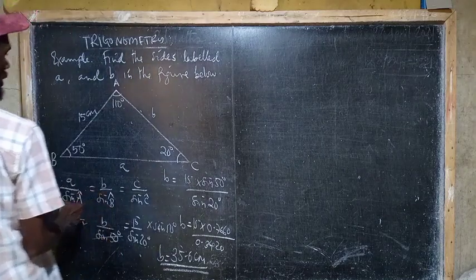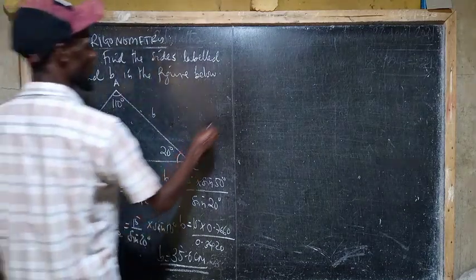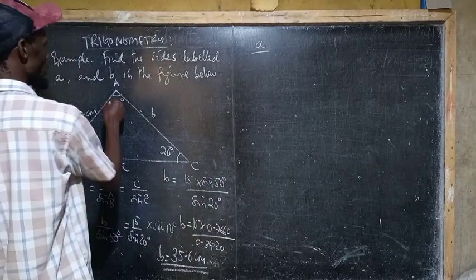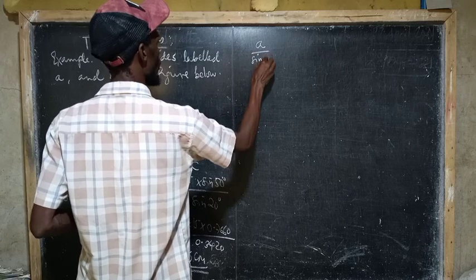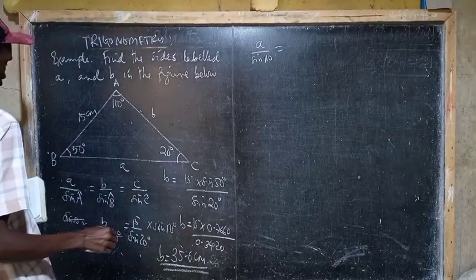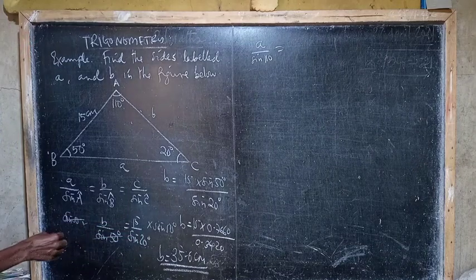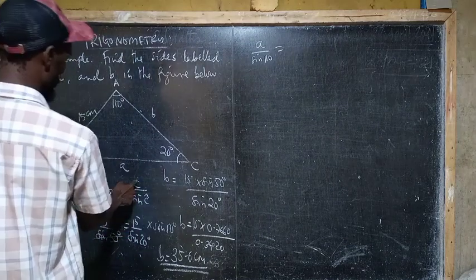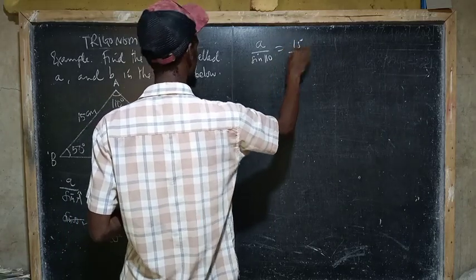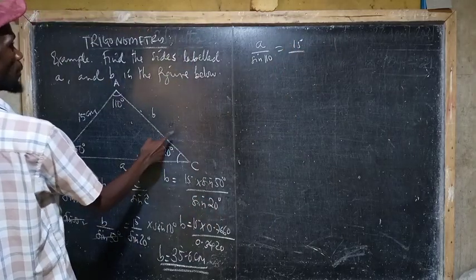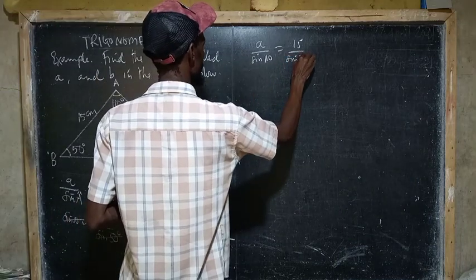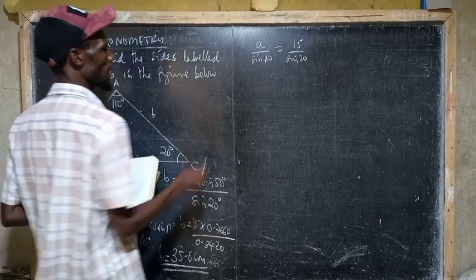Kwa tunaenda kwenye A. A ni hii hapa, ambao sasa itakuwa ni A over sine of A, ambayo itakuwa ni sine of A ambao ni 110. Tunaweza tukaamua tu kutumia ya C hiyo kwa sababu zote zinafanana, ambayo itakuwa ni sine of C ambao ni 15 over sine of C, ambayo itakuwa ni sine of 20, ambao na yenyewe itakuwa na one unknown